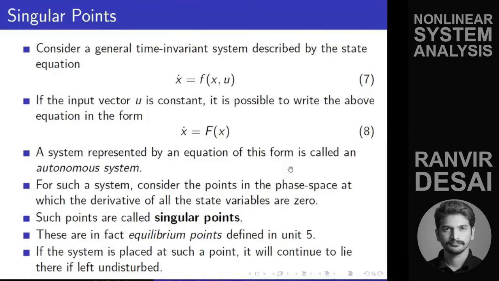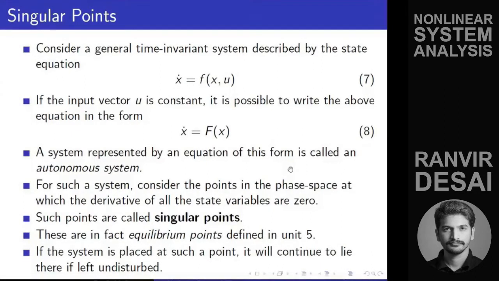So that means that from that point it is not going anywhere. It is staying there. If you go ahead in time, at 10 seconds it will have the same values x1 and x2. At t equal to 20 seconds also, it will have the same x1, x2. Okay, so it has reached equilibrium. So that one particular point we call a singular point.